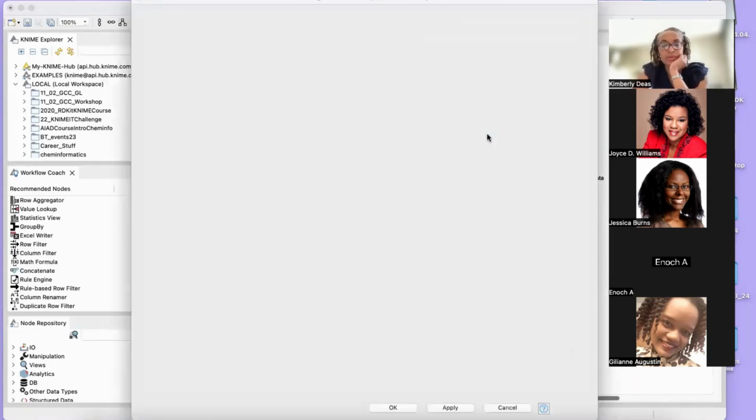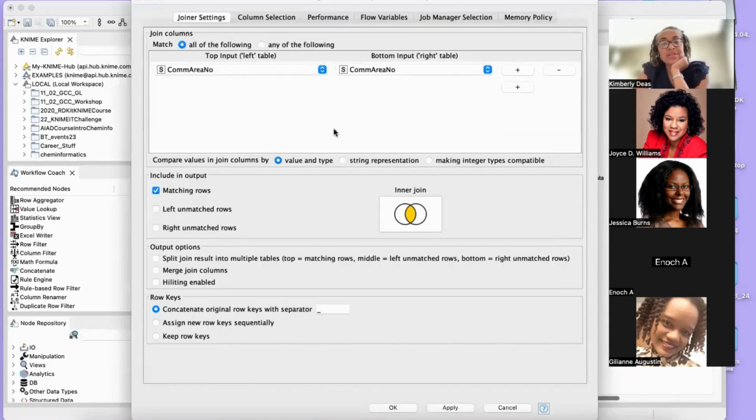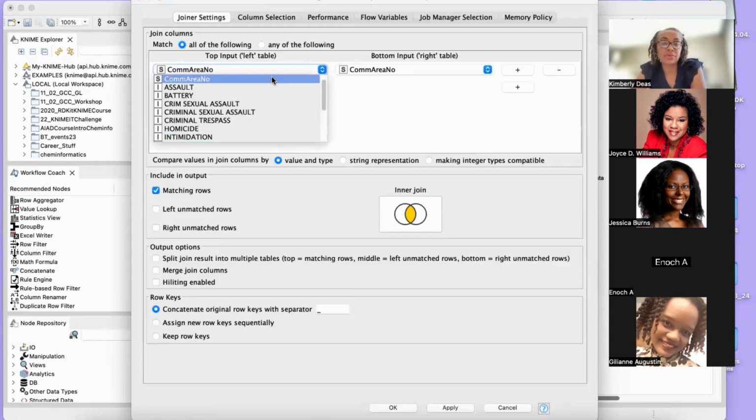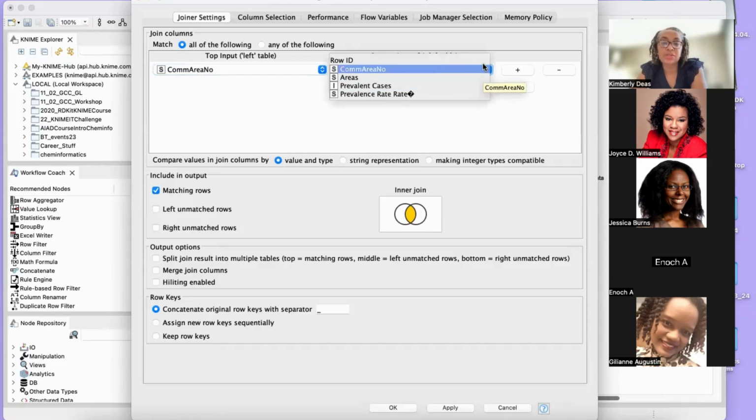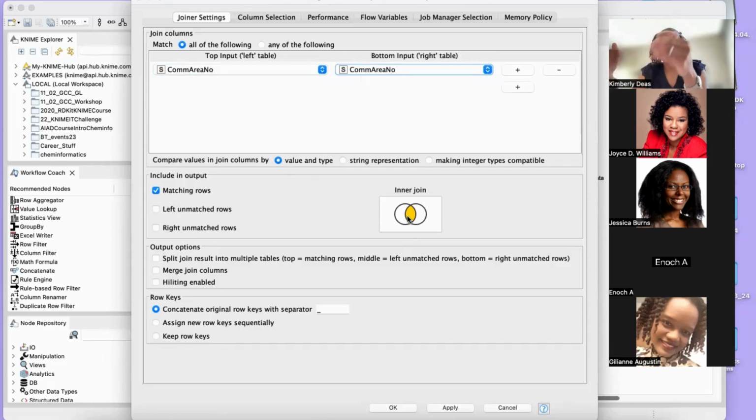The way we configure this one, we have to select the two columns that we want to compare. So we're looking at the common area. That's what we want to join on. Again, you'll get the list of your columns here for both spreadsheets, and you just select the one that they have in common, and this one it's common area number. We want matching joins, so we're going to do an inner join, so it's going to match every place that it sees the same information on both sides of the data set. Everyone looks at joins differently, but that's the way that works better for my mind.